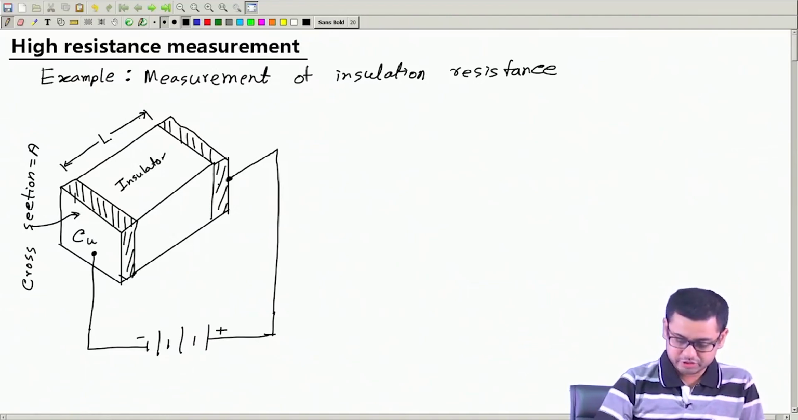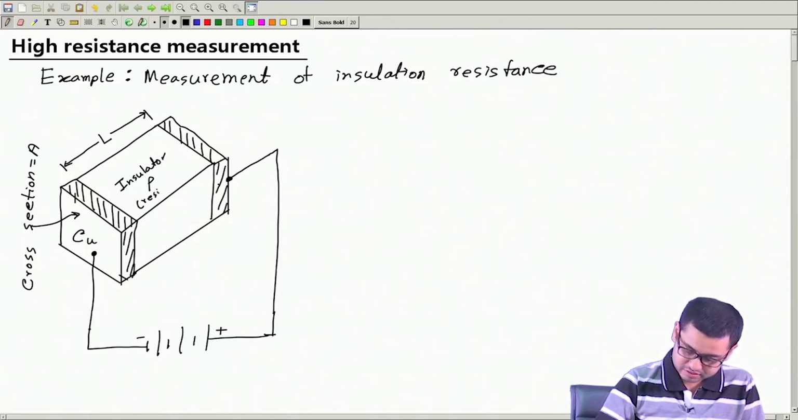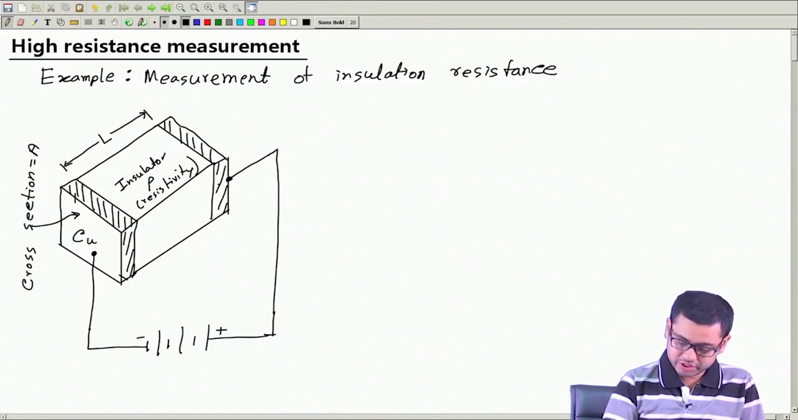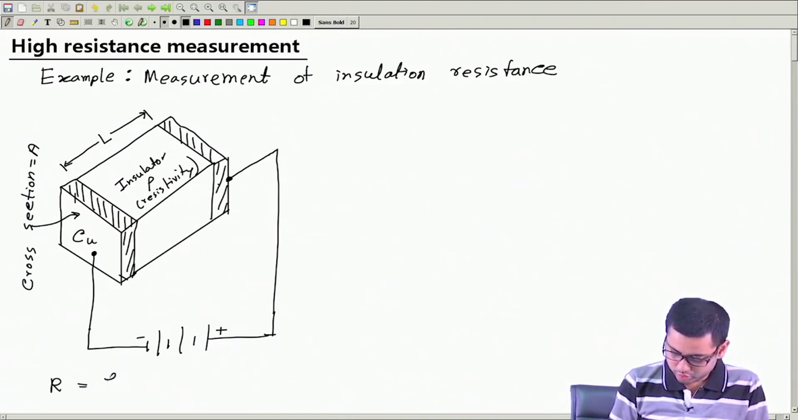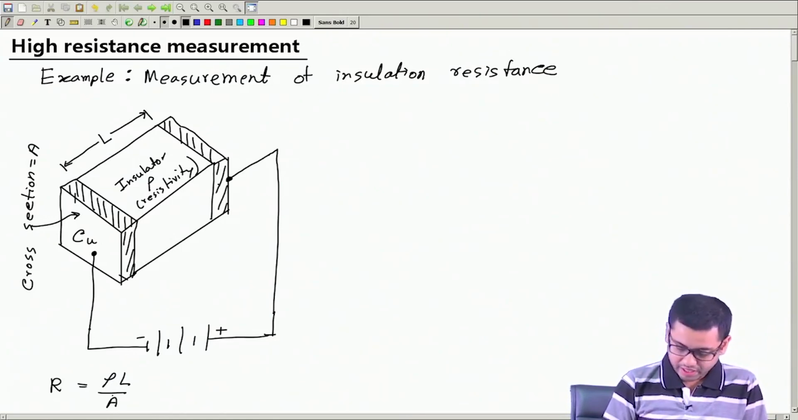and if the insulator has a resistivity of rho, which should be very high for an insulator, then we know the resistance offered by this block is given by R is equal to rho L by A. Okay. And the current flows through the entire volume of this insulator. Okay. So,